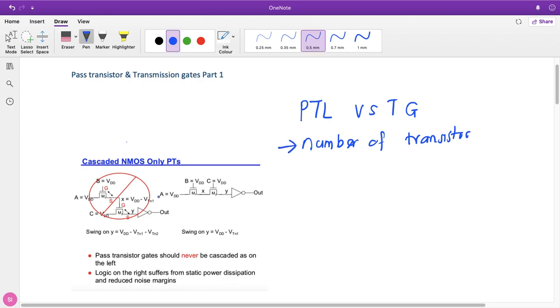In a previous class, I briefly explained the NMOS pass transistor network, and there was some exercise at the end of the lectures. Today, I would like to highlight the cascading pass transistor network. There are many types of cascading the pass transistor network. One of the methods is in series or in parallel. So, for this example,